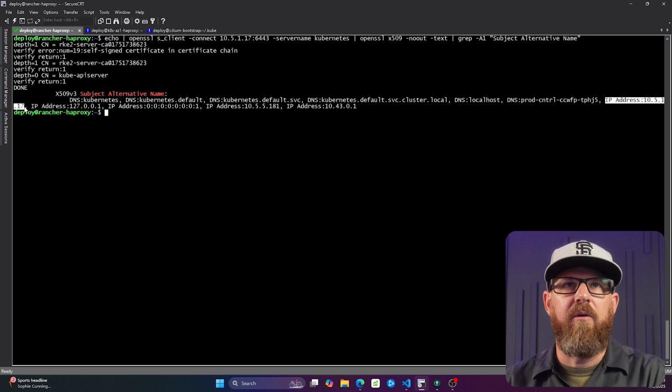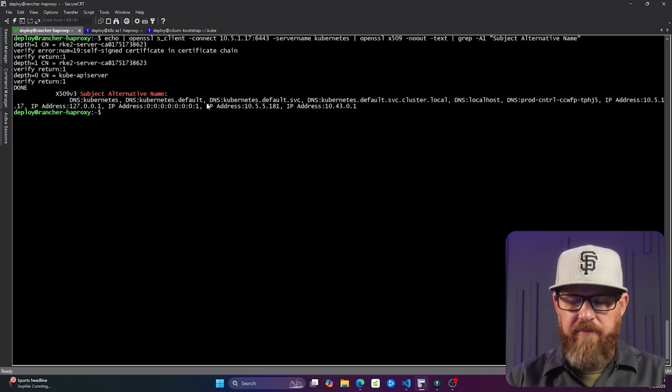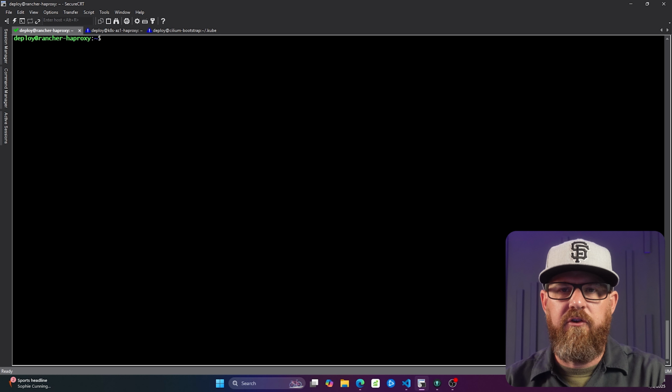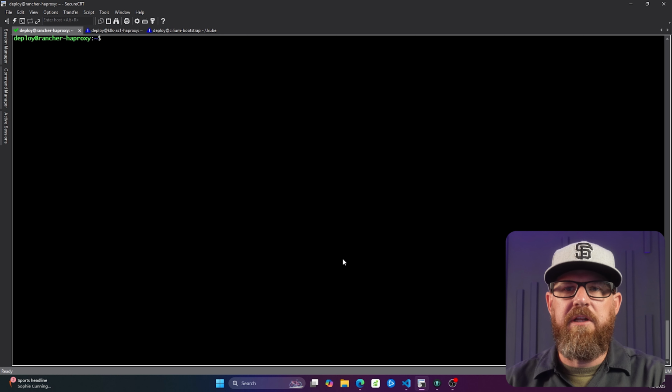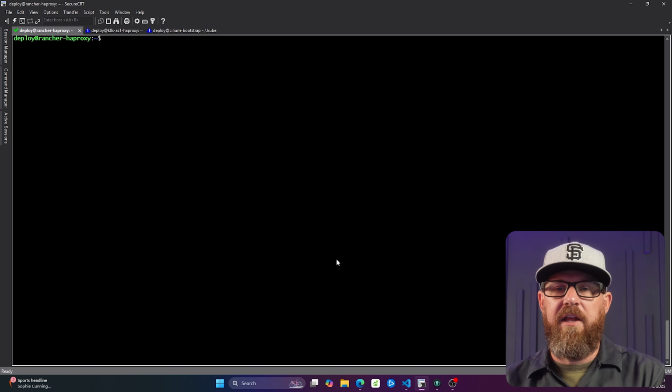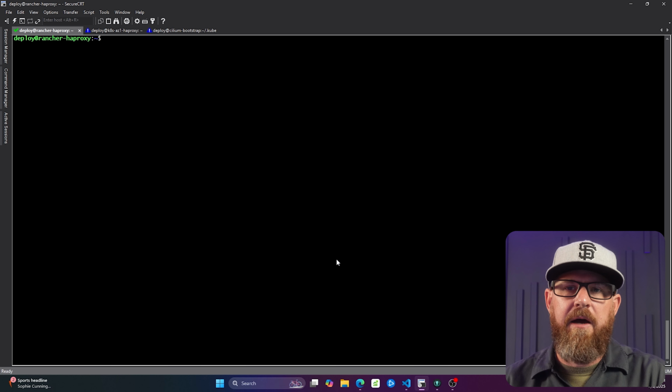It kind of wrapped here around the screen. So we have our IP address that is now part of the certificate that we need for the Kubernetes cluster for this new prod cluster that we've created using Rancher. So the next thing that we need to do is actually make sure that our kubeconfig file,